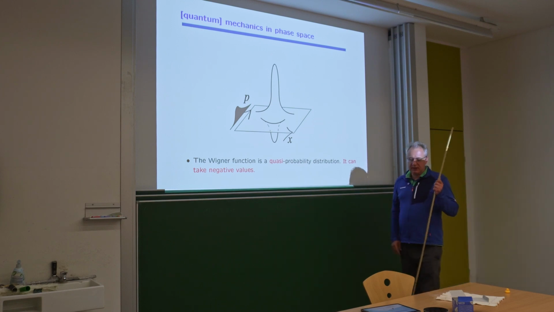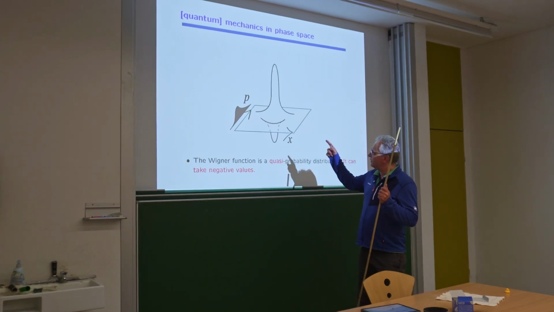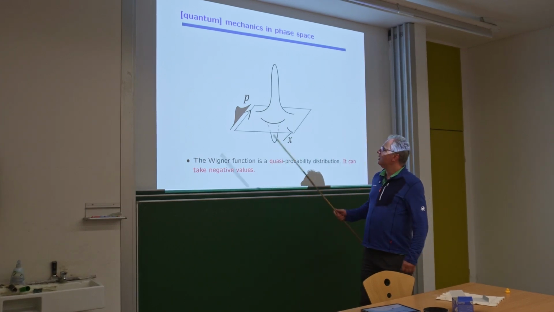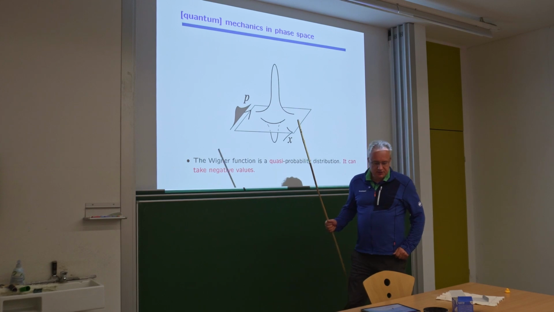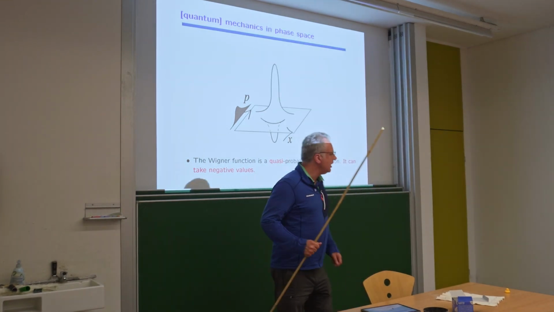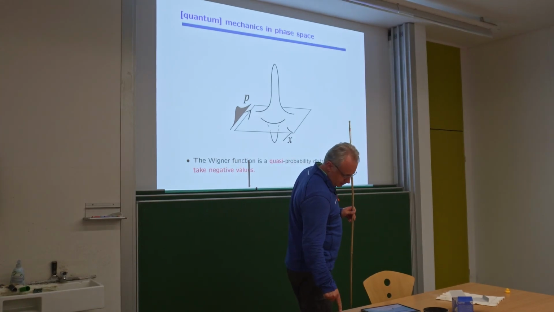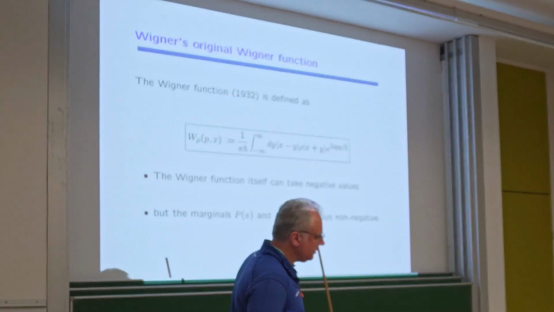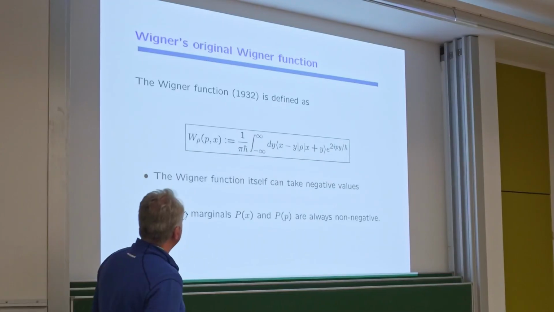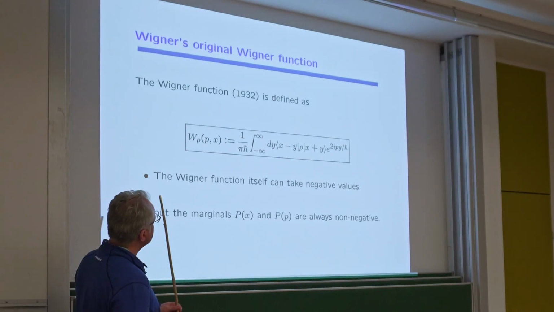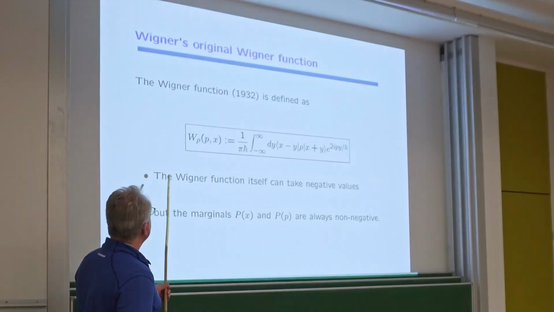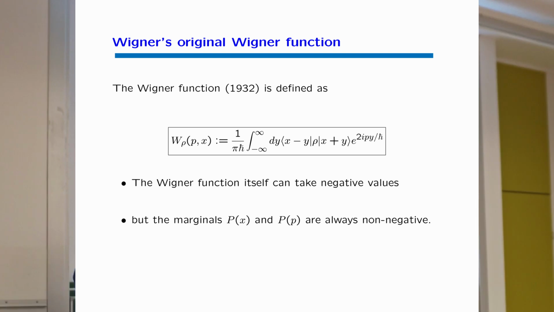When you measure the momentum of a particle, you expect to get a probability distribution. When you measure the position of the particle, you expect to get a probability distribution. And that's exactly what you get from the Wigner functions when you take the marginals. Even though it doesn't matter for us at all in this class, since I'm throwing around Wigner's name